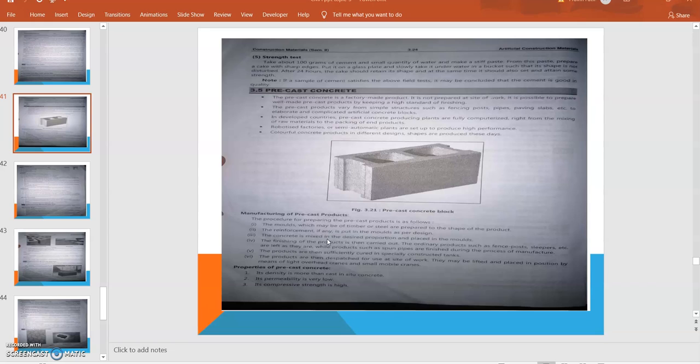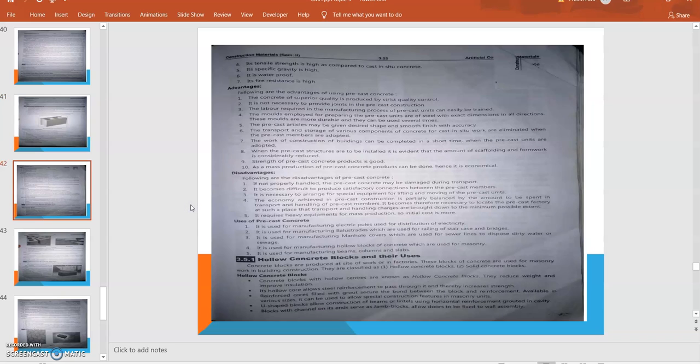In the properties of precast concrete, it has a good density, more than the cast in situ concrete. Its permeability is very low and it gives very high strength. Then we can change the shape and size as per the requirement or the changed design. It gives good tensile strength and has a good specific gravity. It is waterproof and fire resistant, and these are the uses or advantages of the precast material.